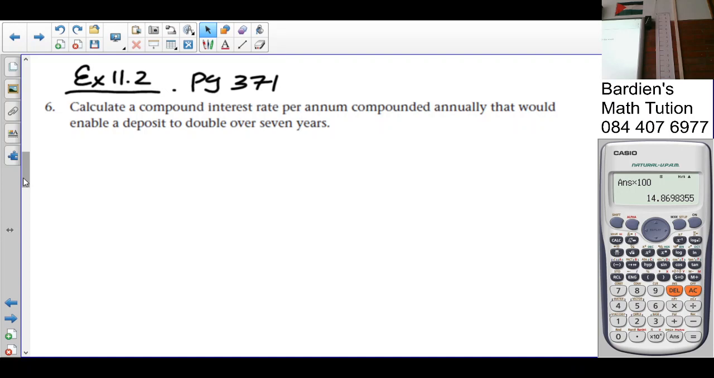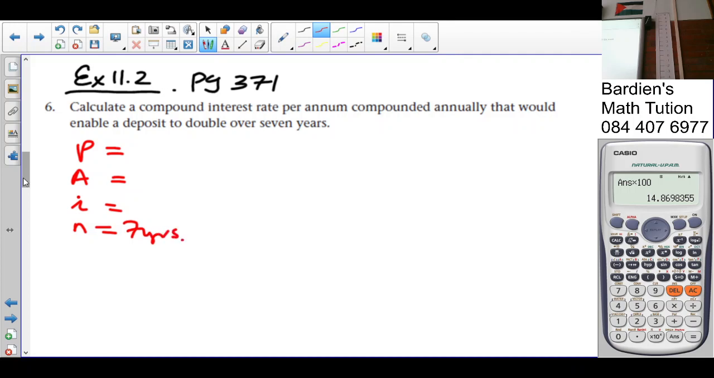Number 6. In number 6, we are told calculate the compound interest rate. So again, I'm calculating on compounded annually. That will enable a deposit to double every 7 years. Over 7 years. Double over 7 years. What do I do here? They give you a P value. They give you A value. They give you I. Your R, no. They give you N. Yes. But for an